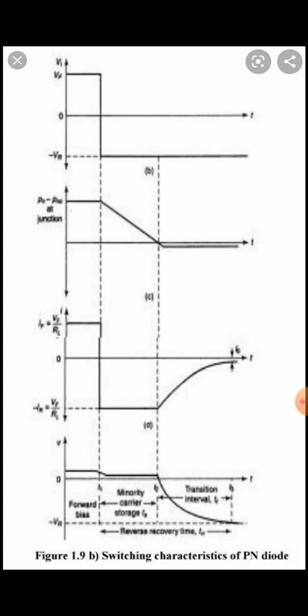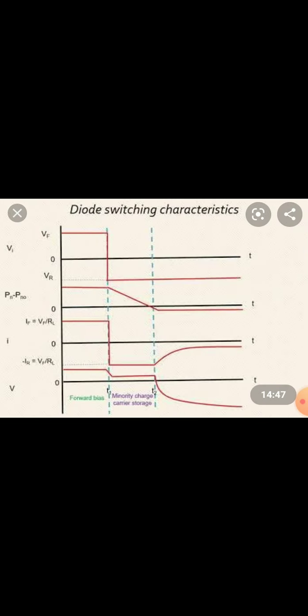So what is the reason for reverse recovery time? In the conduction state, we have electrons in p type and holes in n type as minority carriers. So when we reverse the voltage, we expect the diode to switch from conducting to non-conducting state immediately, but due to minority carriers, the reverse current flows through the diode and stays at a measurable level for the storage time.